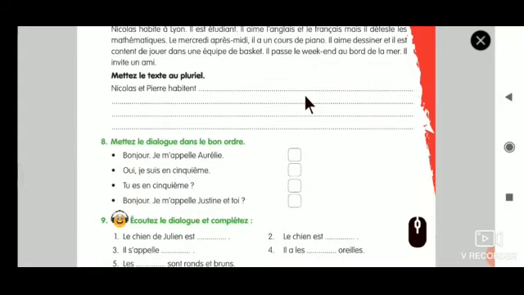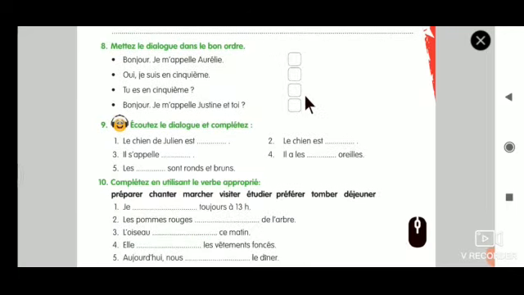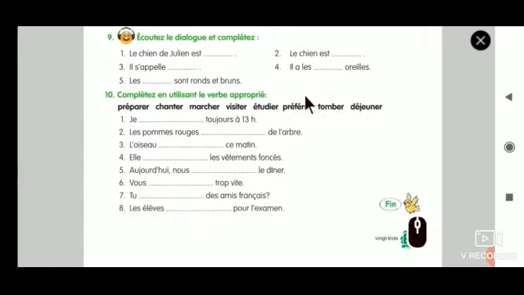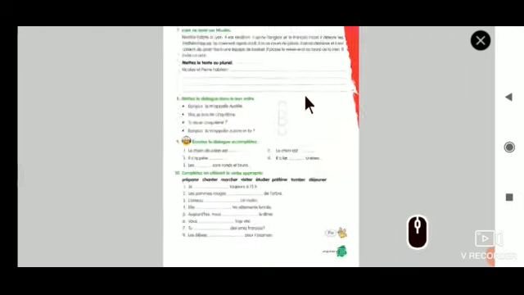And exercise number 8, mettez le dialogue dans le bon ordre, that is revising the put in order. Okay, so exercise number 10, again er verb conjugation, and this exercise also we have revised twice in online test. So I believe that you have a good revision based on this, and that will help you to get a good mark. So regarding er verb conjugation, few verbs you can learn from this, and lesson 2 has 5 verbs,